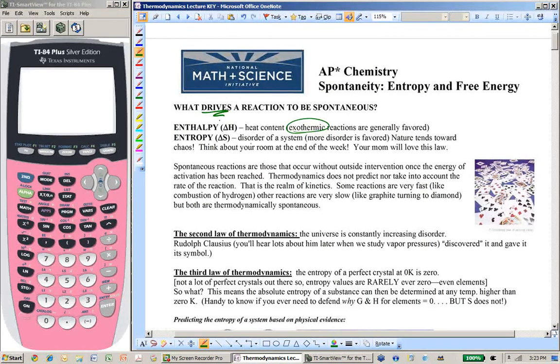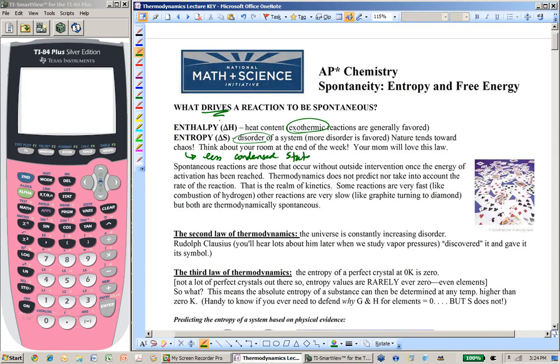And entropy, which is the disorder of a system, which is symbolized by delta S, is often driving the reaction because the more disordered state is favored, which is why I said you would understand this, because no matter how hard you try to keep your mother happy by keeping your room all nice and clean, which includes your sock drawer, I suspect life happens and it doesn't become your highest priority to make sure that your sock drawer is completely organized. So I think you've already accepted the fact that nature works against you and that a disordered state is often favored. So nature tends toward chaos, and what I need you to think about in a chemical sense when we say chaos is that nature favors a less condensed